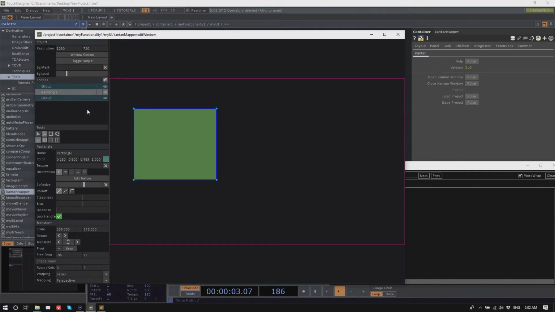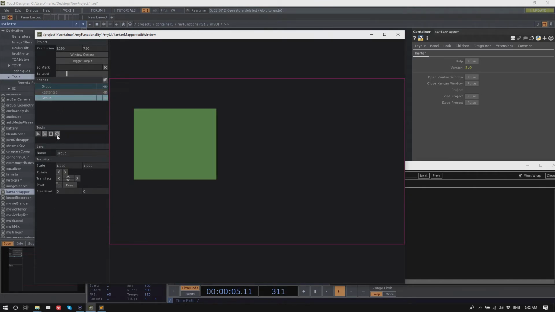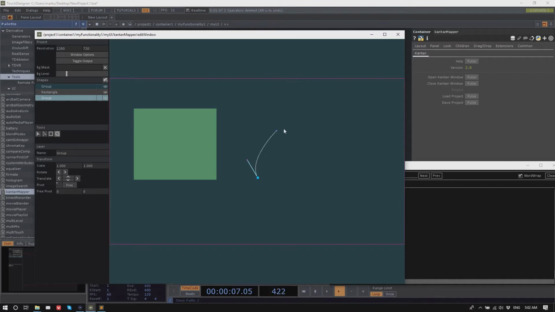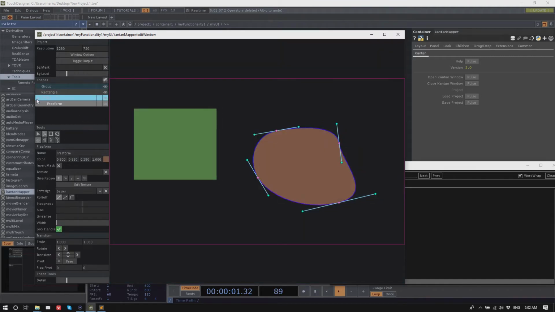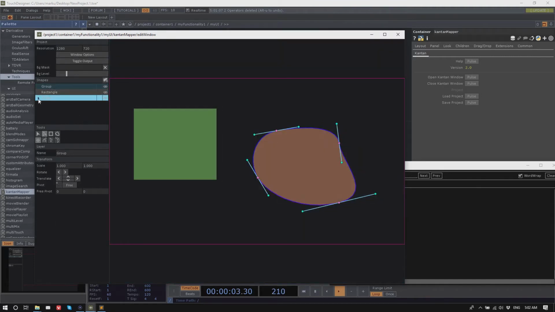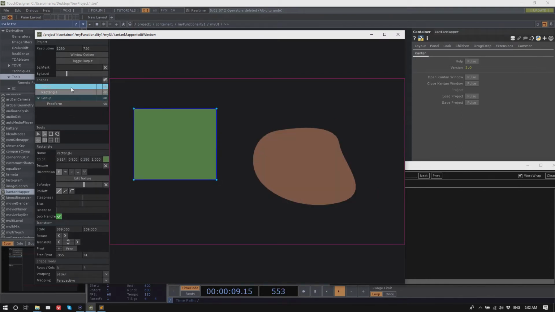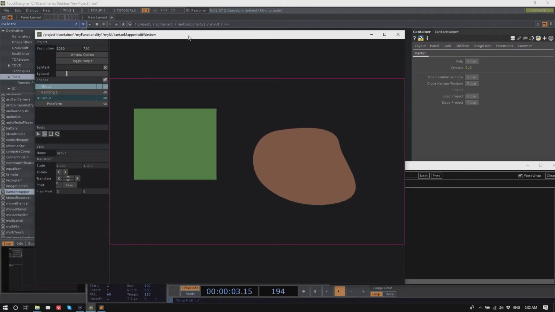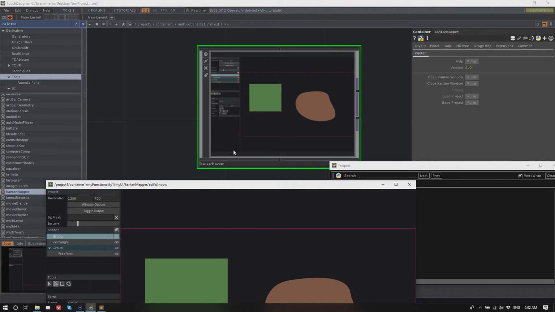So I can create a new folder here, and now inside the folder I can create a different shape here. So now the freeform shape is inside this group, the rectangle is outside of it, and there's another group here. Yeah, so a couple folders.